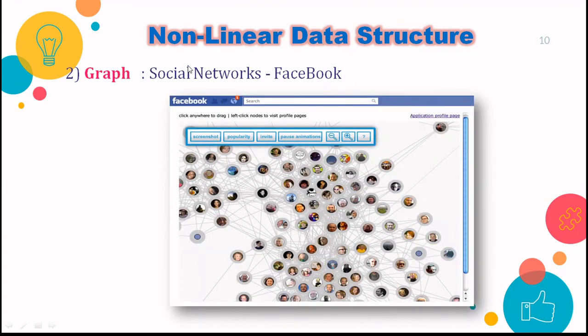Now coming to non-linear data structures, the second type is graph. Most of us have Facebook accounts, and there we are all connected to each other in some way. We have some specific friends to whom we are connected, but other people we are not connected to. So if I talk about this particular person, this person is connected to 3 nodes from here. This is one person, this is another person, and similarly there are billions and billions of people who have accounts on Facebook, and this person is also connected to some other people, which is not shown in the diagram.